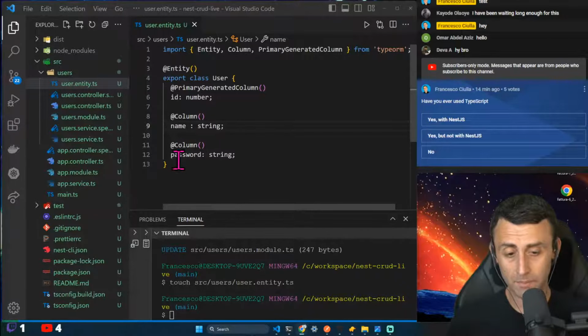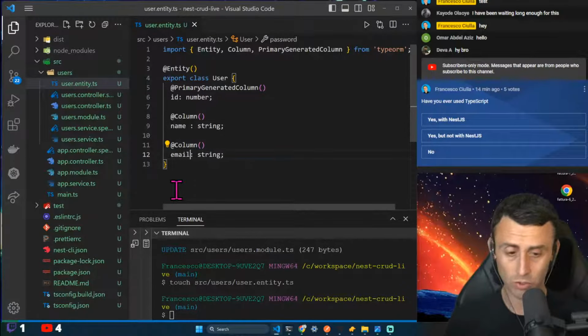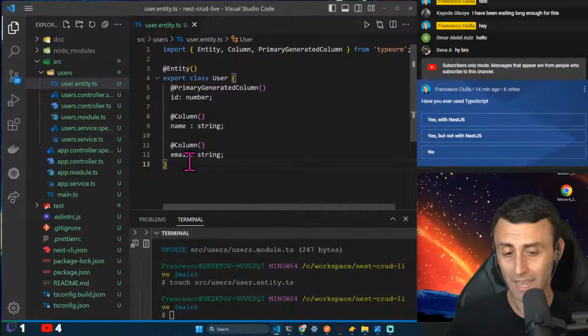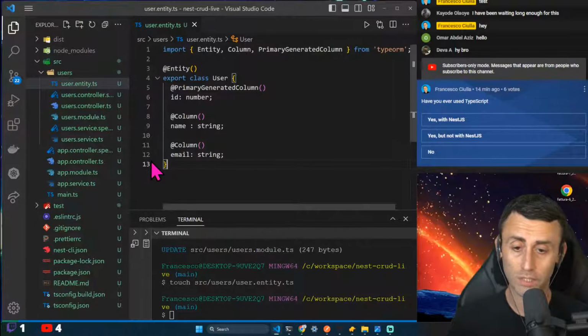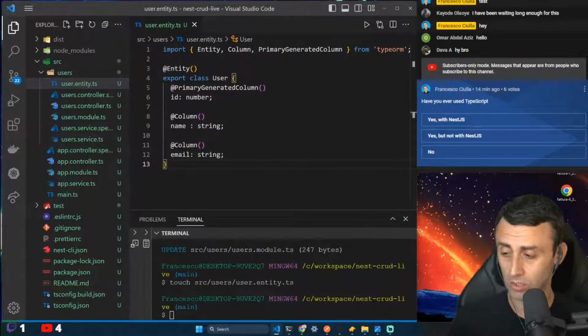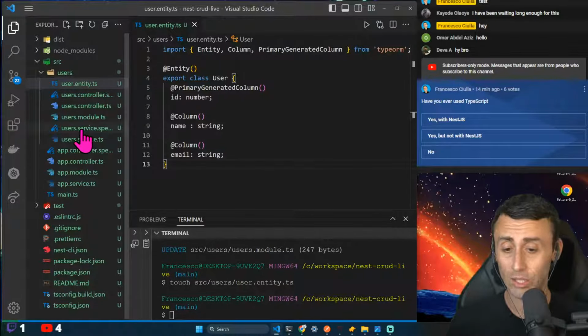So name, string, and email. Usually I use this format, name and email. Nice. So the user.entity.ts, it worked. Now let's go on the